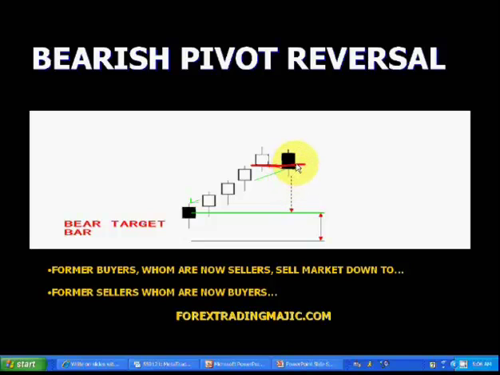Now remember, the same way, if there is a bullish reversal on the way back up to test the pivot, this bearish pivot is no longer in play. Now this bearish pivot is in play until we have a close above the high. But if we have a bullish pivot reversal on the way up, if we have this